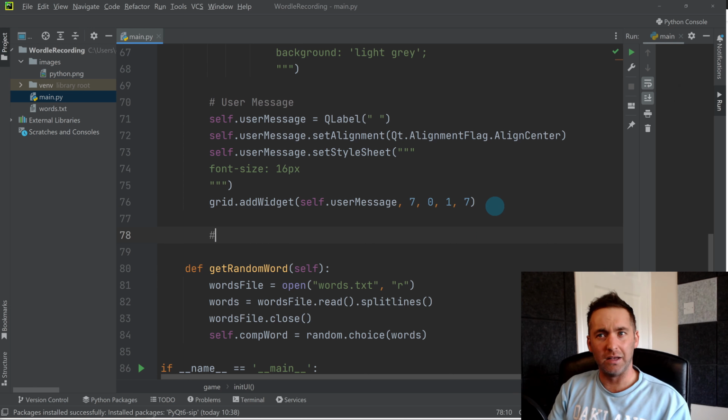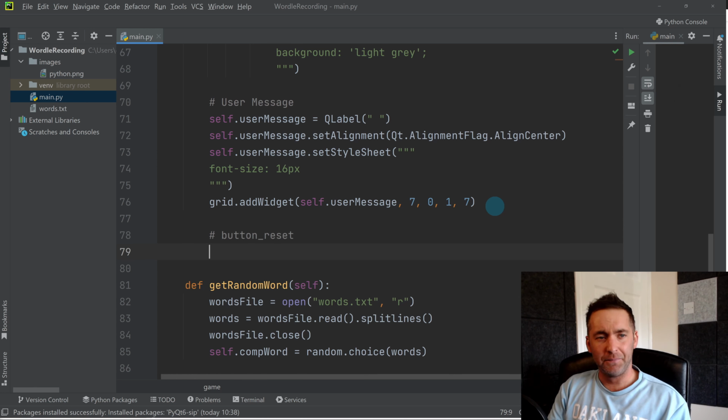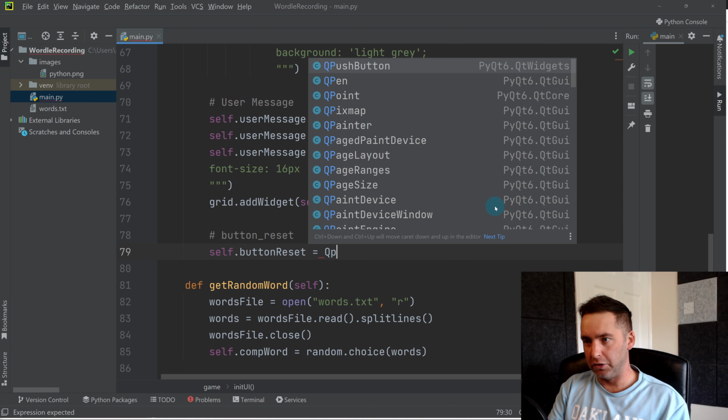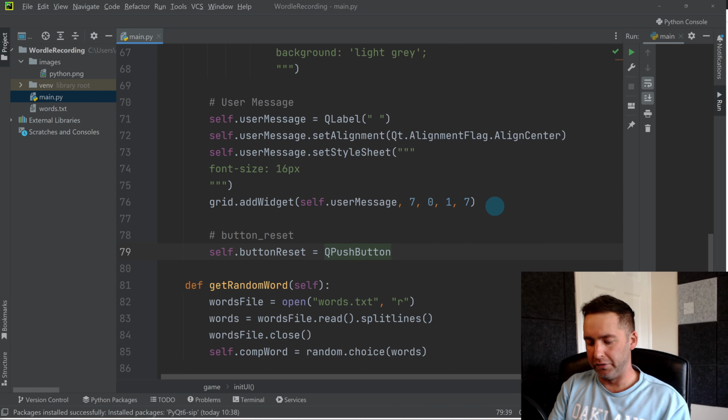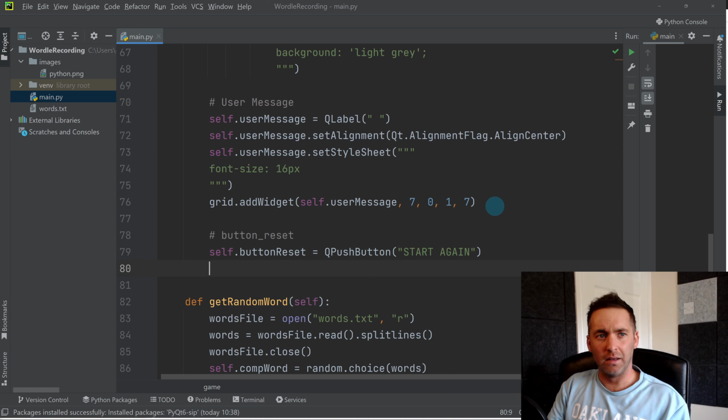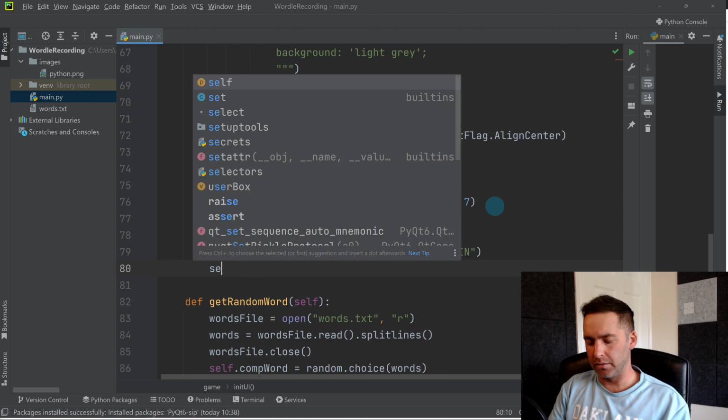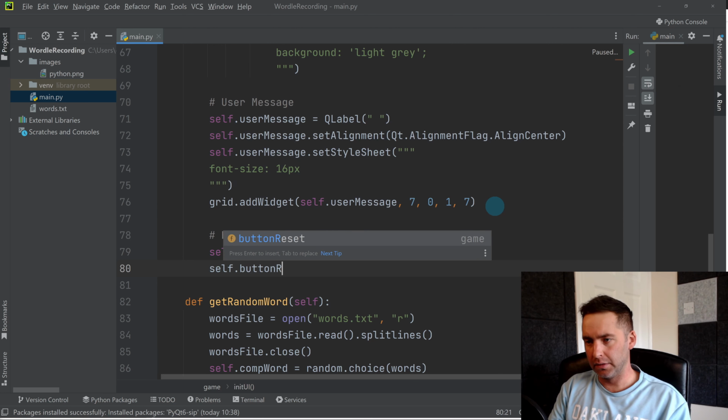So we've got that. Then let's add some buttons. So we'll start with the, it doesn't really matter, reset button. Because they're both going to be very similar, there's a bit of copy and pasting going on here when I've done it. So self.buttonReset equals a QPushButton, which we used in the last game. So we're going to have that saying "Start again", and we're going to have self.buttonReset